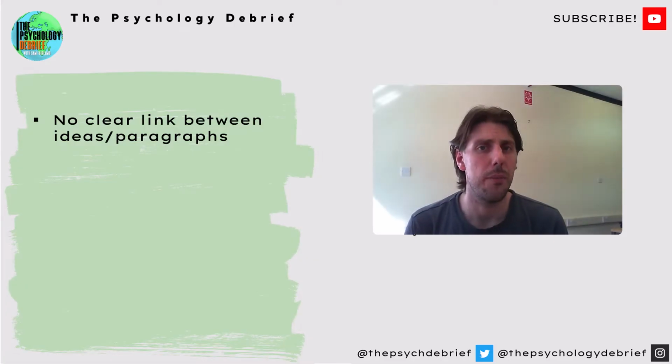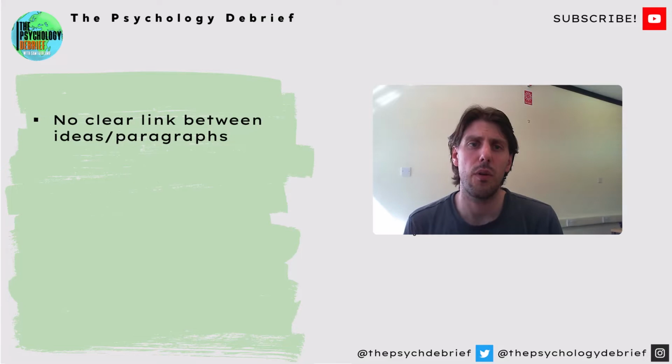Another issue that commonly appears in essays is an assignment where the paragraphs are disjointed from each other. There's no obvious link between the ideas or paragraphs it contains, and overall the essay feels like a shopping list of ideas, rather than producing some sort of coherent narrative. Sometimes, I think this mistake is driven by a misunderstanding by students regarding what the goal of an assignment is,